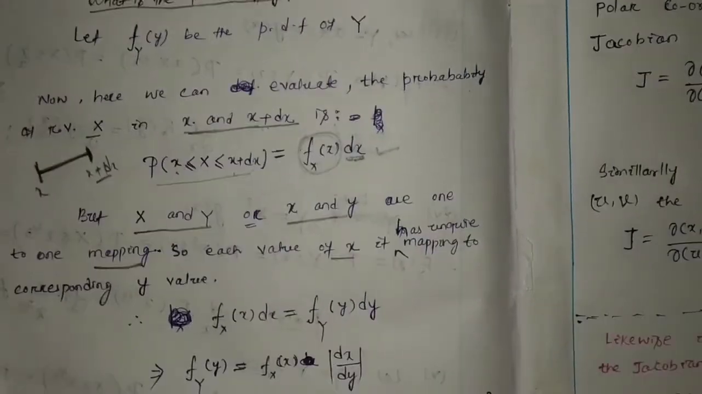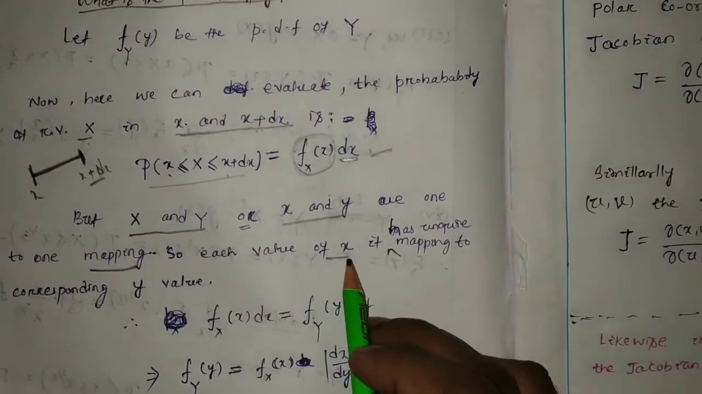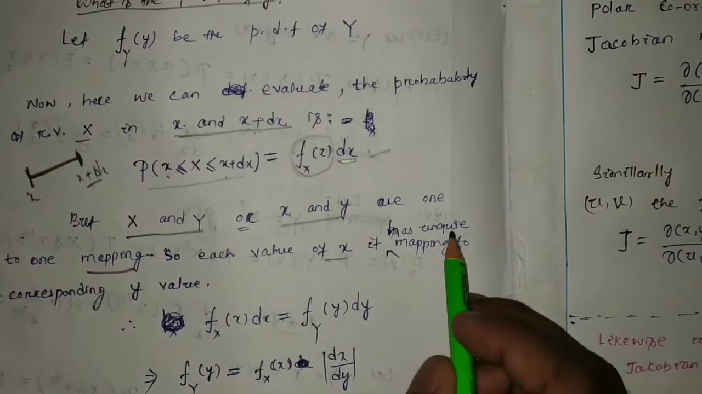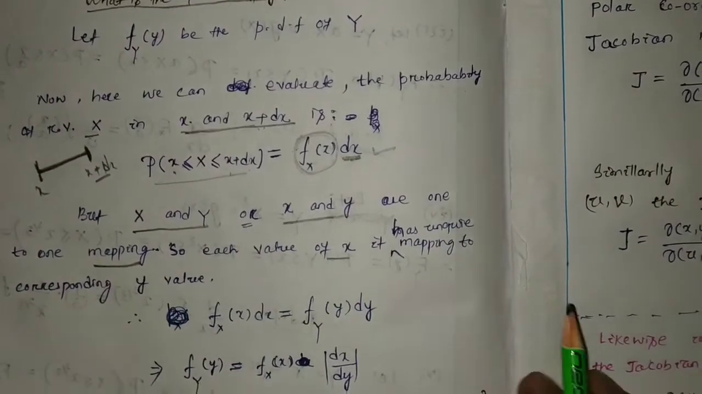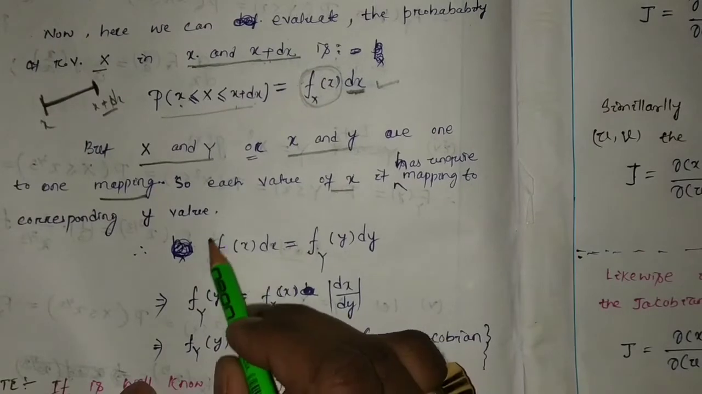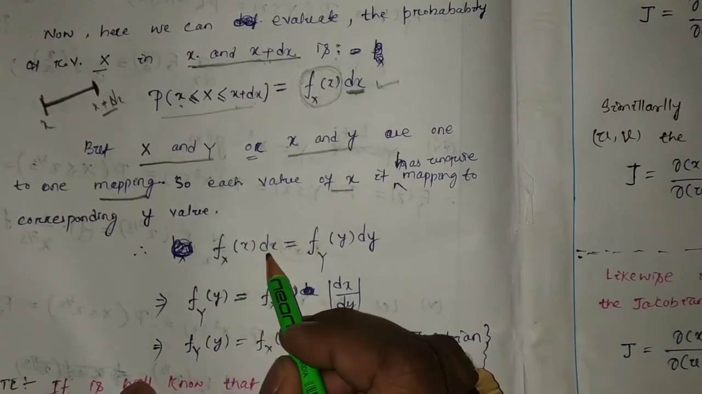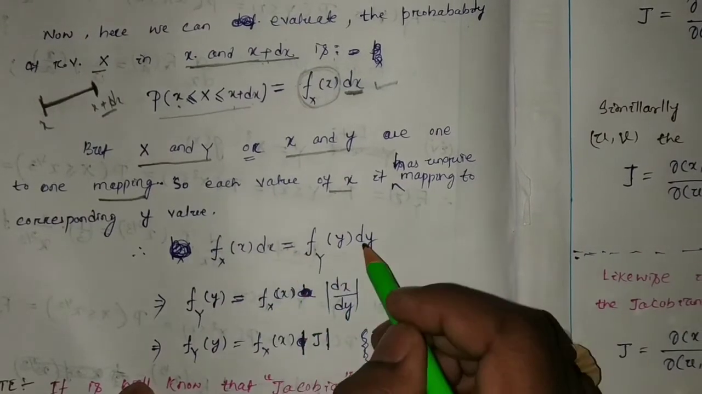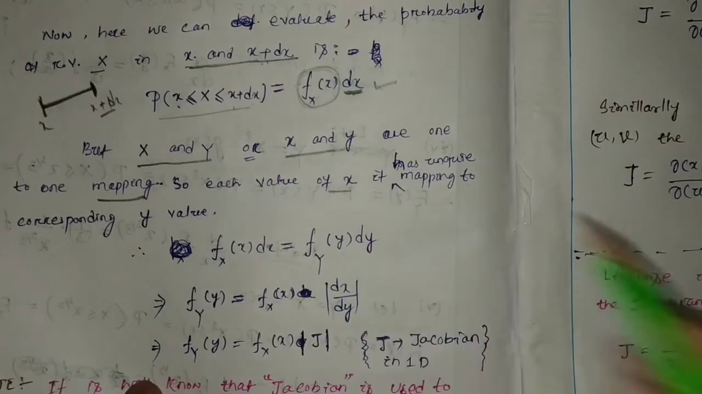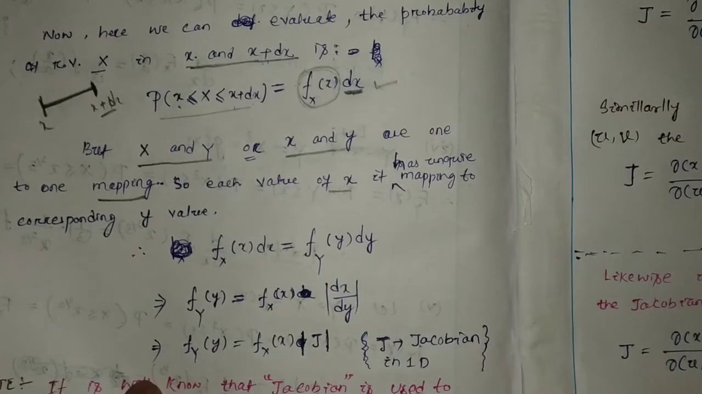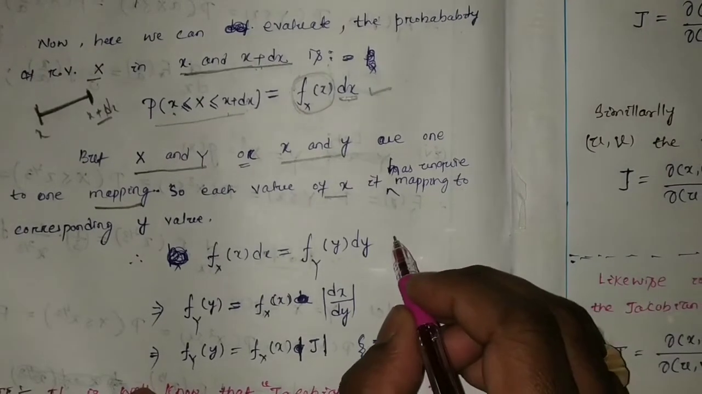So as for that it is written x, it has a unique mapping to the corresponding y value, then the probability in the length dx has to be equal to the probability in the length dy. This is nothing but your conservation of probability. According to the conservation law of probability, you can write